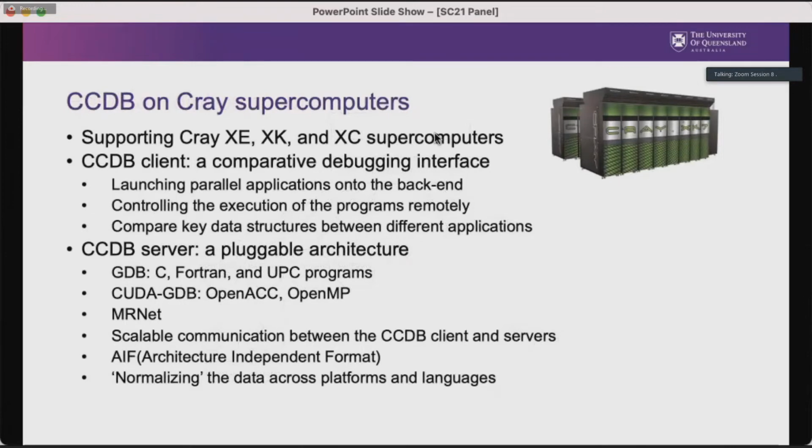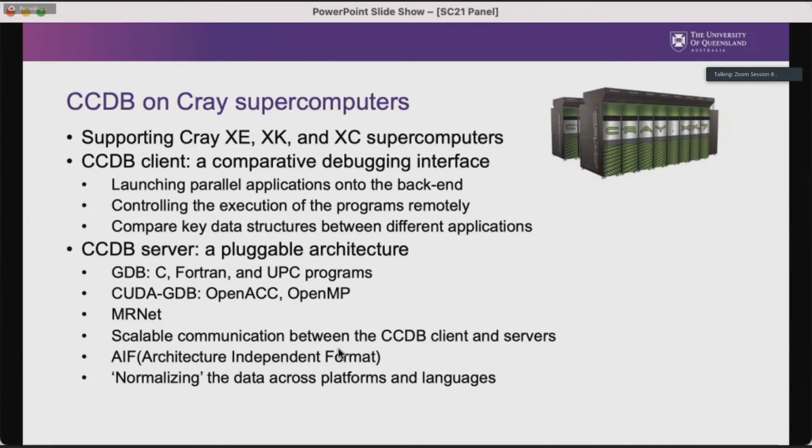And so there's a version of this. Heidi, in her previous life, was working for Cray, so we worked with Heidi on implementing a version of this on Cray, and it's called CCDB. It's got a lot of stuff in there from all over the place: GDB and various versions of that for accessing the state of the underlying code, CUDA GDB for talking to the GPU cores, and MRNet for doing the reduction operations. We built a scalable library on top of that for distributing debugger commands and then reducing the results back.